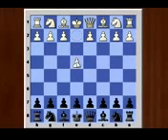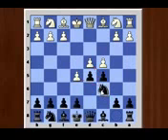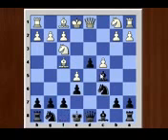e4, c6, d4, d5, e5, c5, c4, knight c6, d captures c5, d4, bishop f4, e6, knight f3, bishop c5,